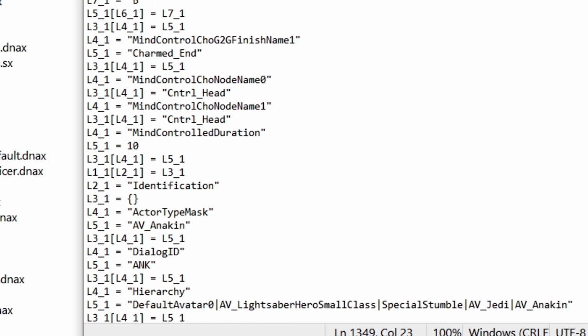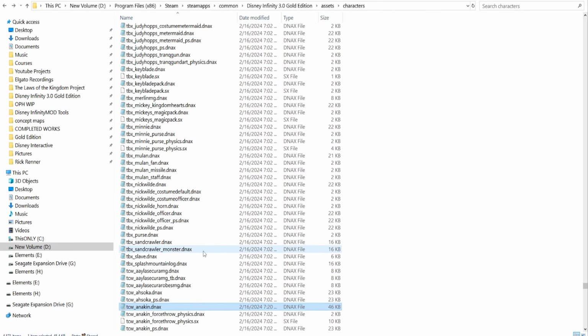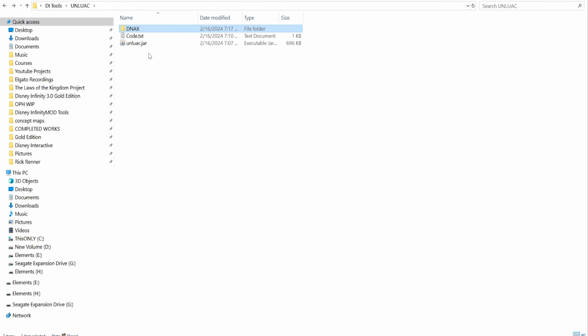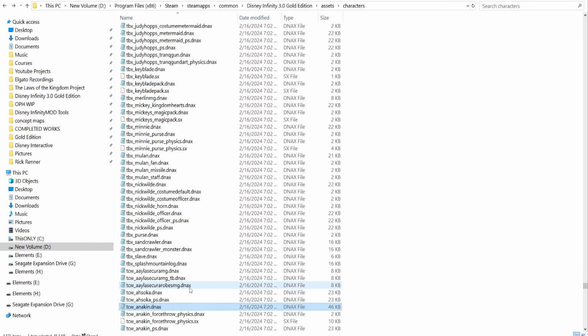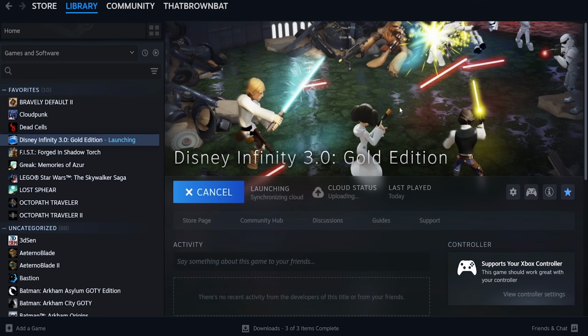So now I'm going to save it. You don't have to do that, but I'm just showing you things that you can do. There's a lot of other things you can do. I'm just trying to be as simple as can be. Okay? So now you can either leave that open or close it. Since it's saved, I just decided to close it. Again, we have a backup in our UNLUAC DNAX folder. So if we ever mess it up and we want the original Anakin file back, we can just go there and override it. So now, if we open up the game,